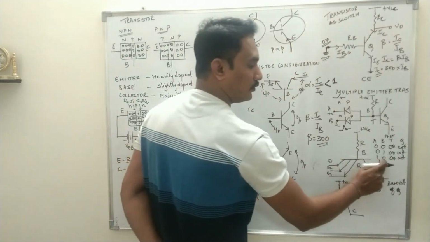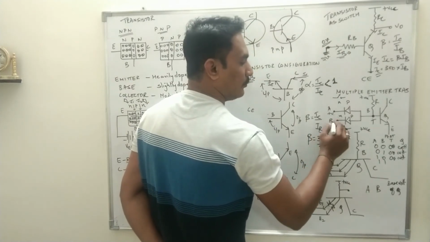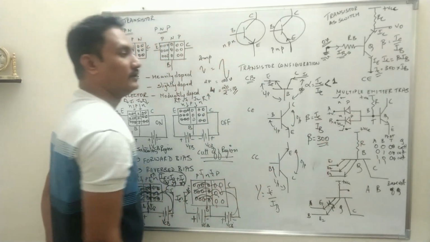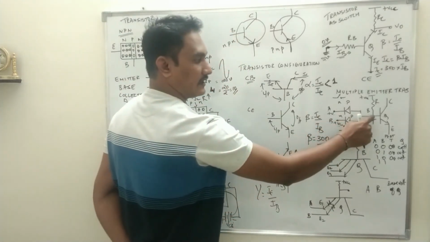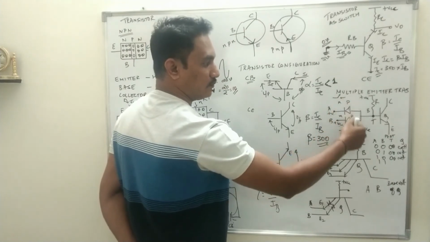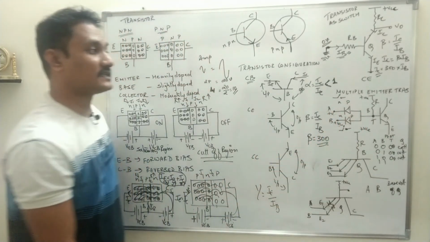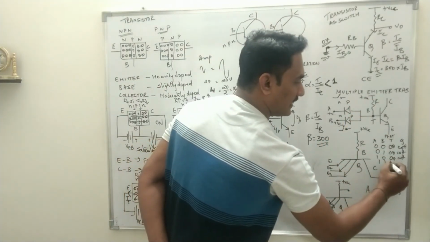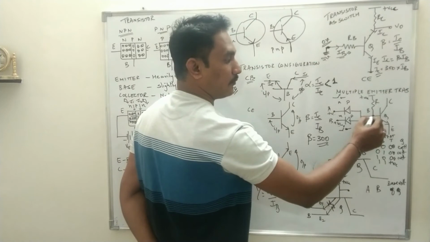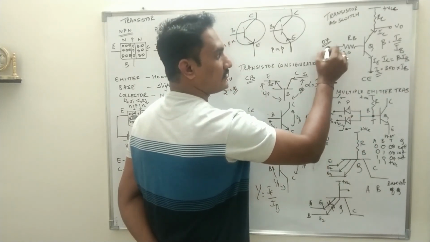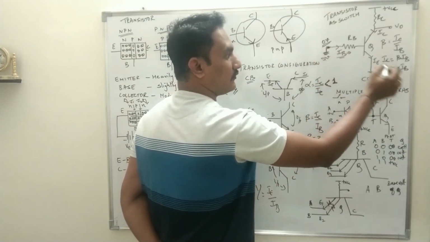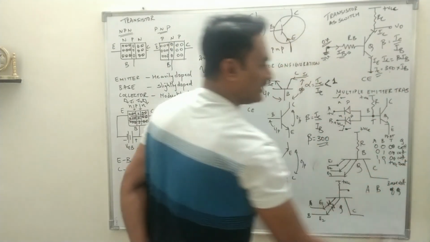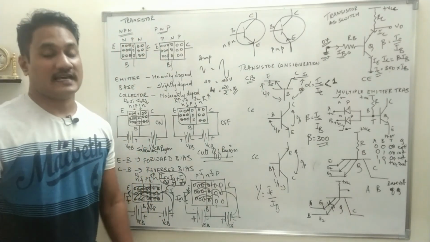Now what happens when both the diodes are 1? That means both the diodes are reverse bias. So now T cannot be connected to ground through the diode, as both the diodes, which are acting as switches, are open. So T gets connected to plus VCC. So potential at T will be plus VCC, and if positive supply is applied to the base of the transistor, small base current will flow, multiplied by 300 times, and a large amount of collector current will flow. The transistor is said to be working in saturation region.